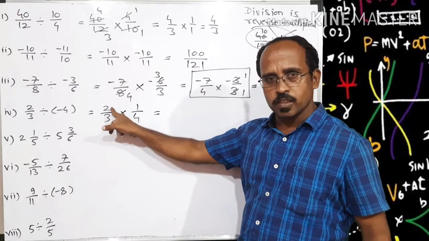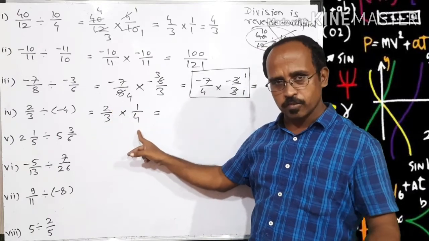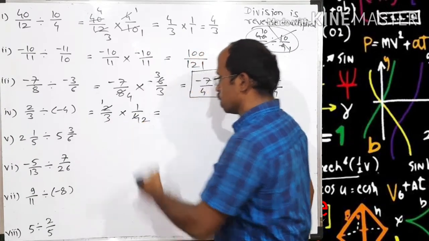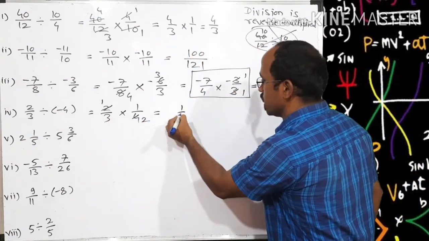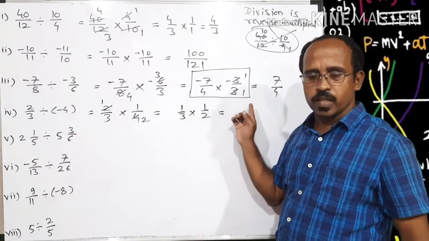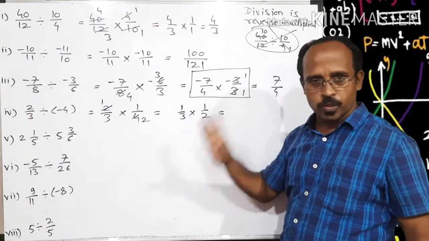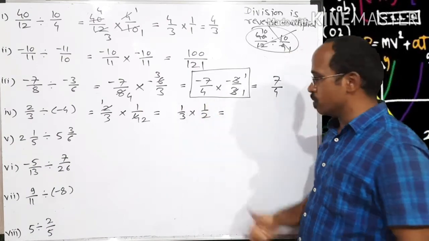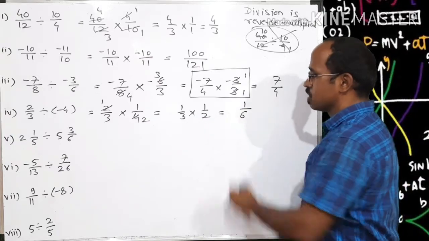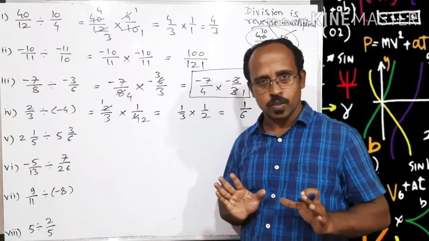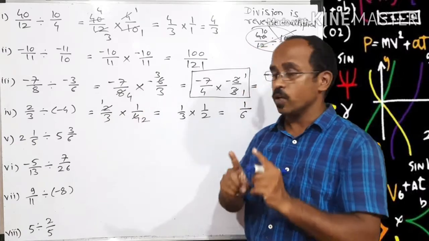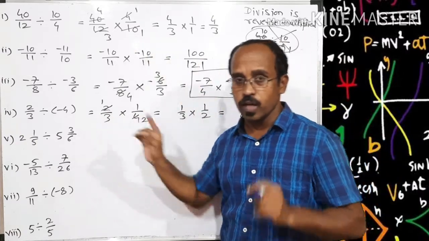One number from the numerator is divisible by 2 as well as one from the denominator is divisible by 2. So let's divide them by 2. 2 1s are 2, 2 2s are 4. So what remains? 1 upon 3 into 1 upon 2. Now there is not any common factor between any of the numbers from the numerator as well as from the denominator. So directly multiply numerator by numerator. 1 into 1, 1. Denominator by denominator, 3 into 2, 6. Clear up to this? Okay. Please remember, applying the test of divisibility we can do only while multiplication, not while division.